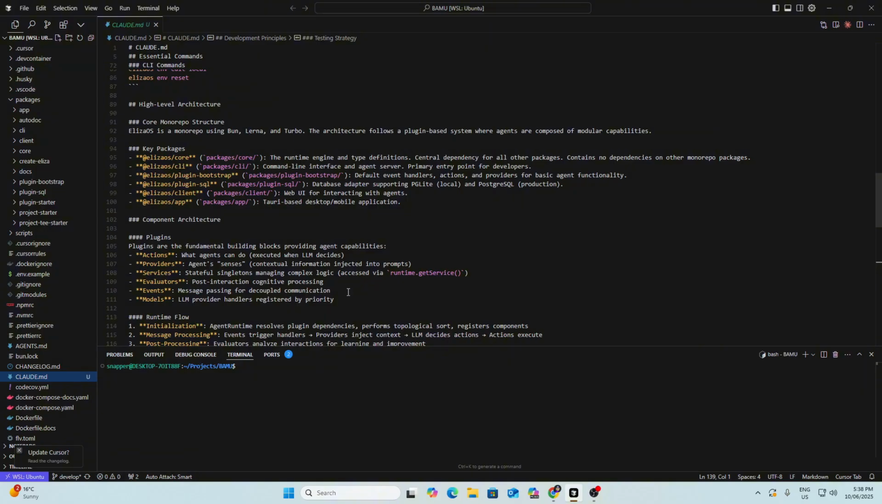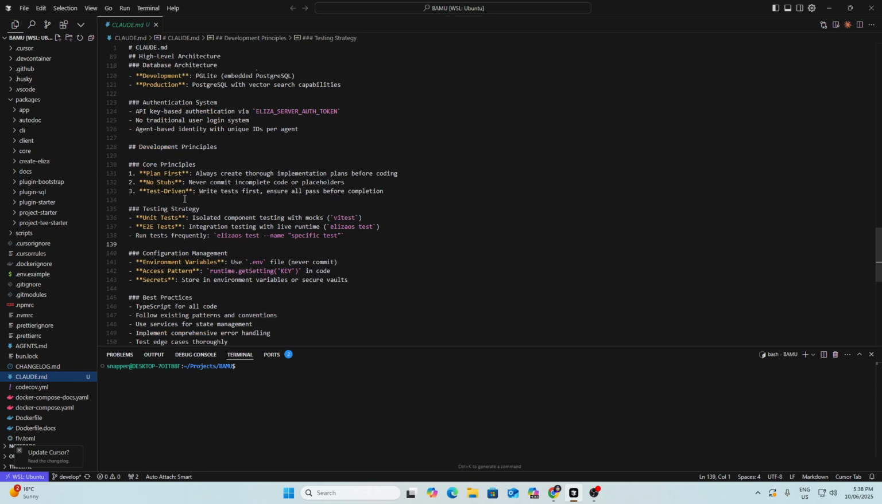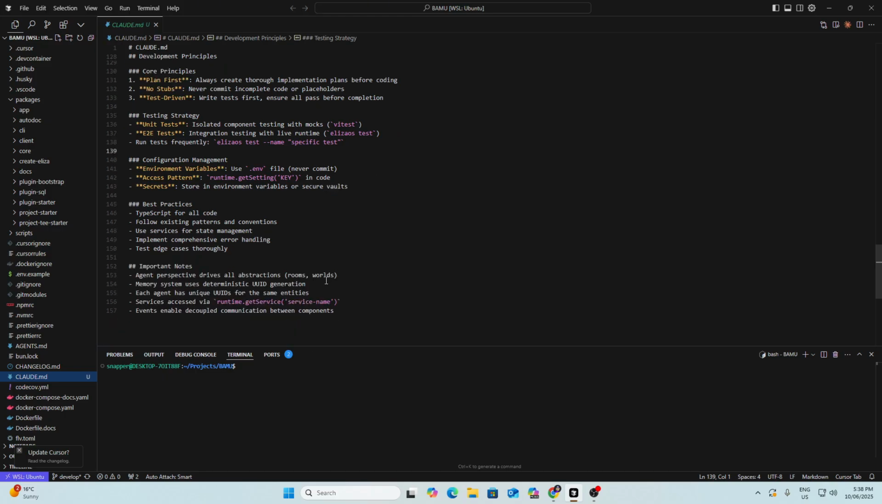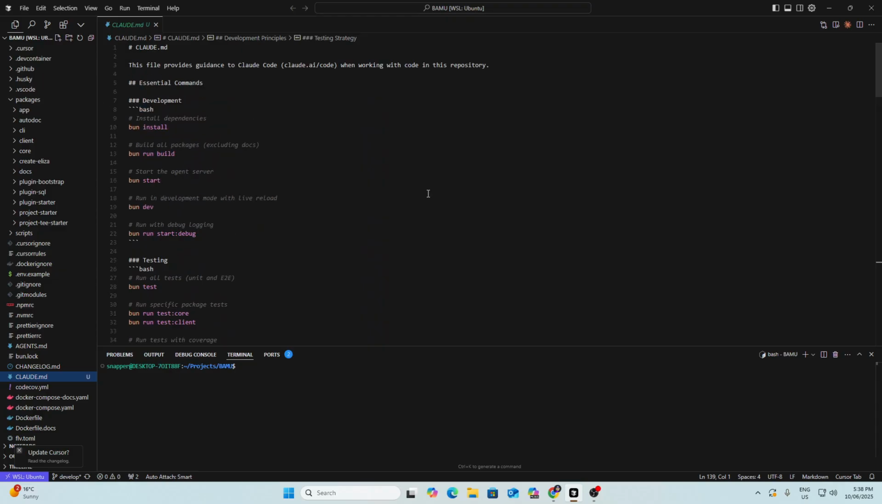So I will prompt it on what I want it to build, and it will use this claude.md file as a guide of what it needs to do and what instructions and guidelines it needs to follow to build the project. As a first step, I copy and pasted this claude.md file, which Claude Code created initially,